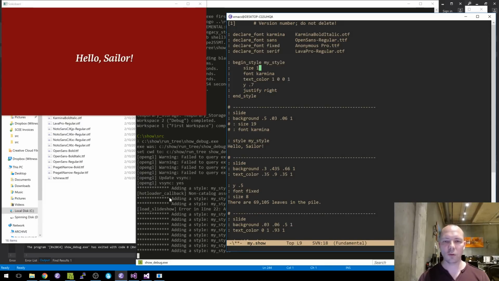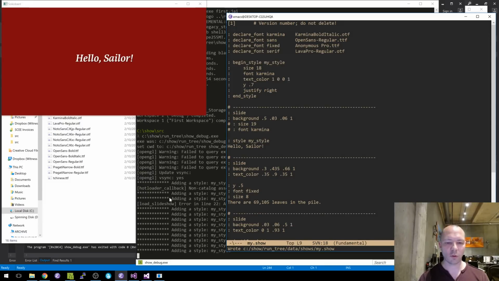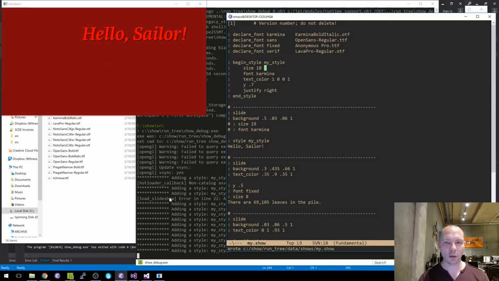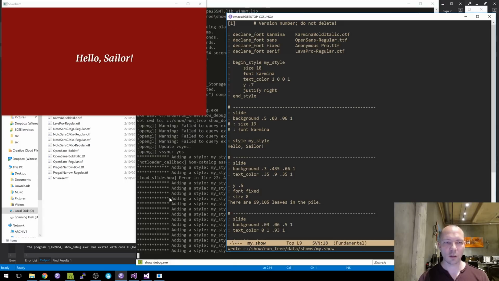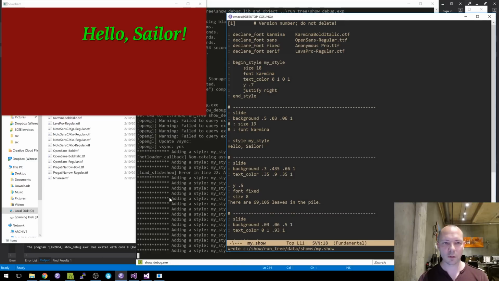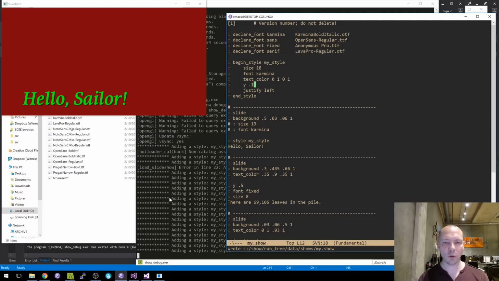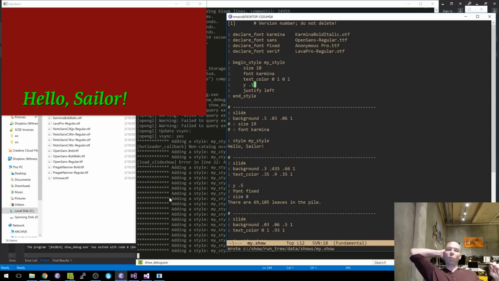Let's just go up here and change the style, make sure all this stuff works. It's so weird. All right. Justify left. So it works aside from this one bug,